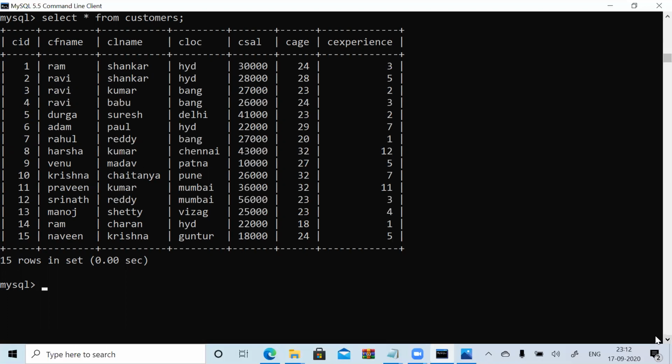Then what I will do is select sum of salary, CSAL, from customers where C location equal to Hyderabad.